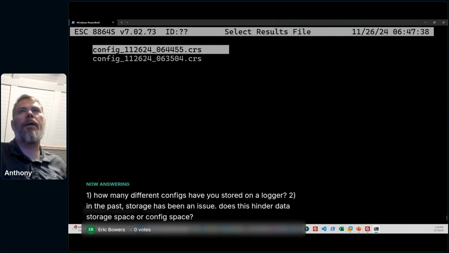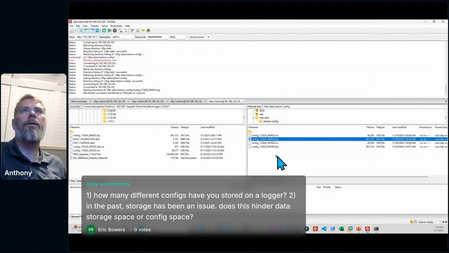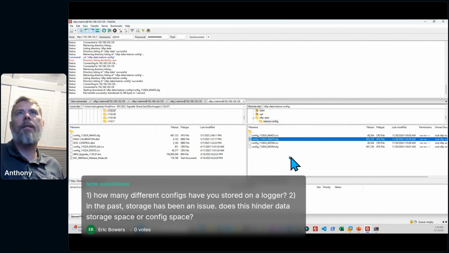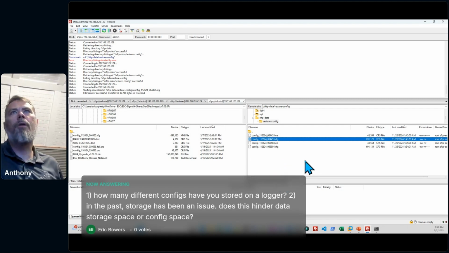Okay, in terms of what I was showing in that restore config directory, it copies them over here, but it only keeps 10. So once you go past 10, they start dropping off. And these are small files. It's not going to affect your data storage. It is over on the data drive though, but it's pretty insignificant compared to the size of that